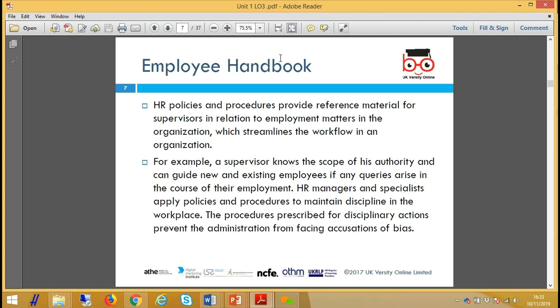So the handbook therefore becomes quite important, right? You now need to look at the content of the handbook and so on and so forth. It's a good reference material. It provides information about basic things around flow of information, reporting lines, and so on. But it also provides clear information, especially around some issues like your grievance process and your disciplinary process. Those two normally we don't put in the contract of employment, but we tend to put them more in the handbook. Or if they're in a very short contract of employment, in the handbook we have a more detailed version where we talk about the disciplinary process and the grievance process.